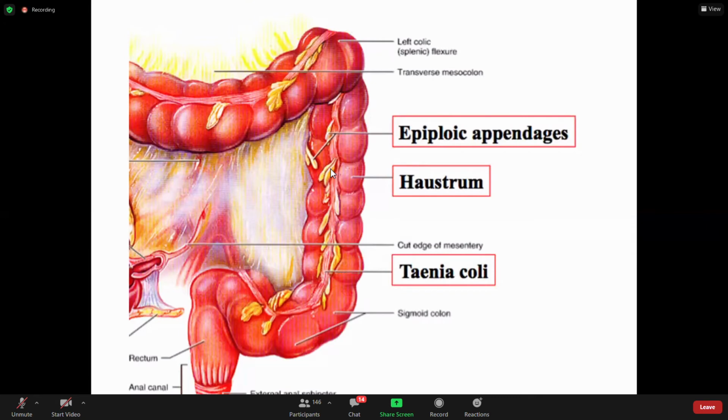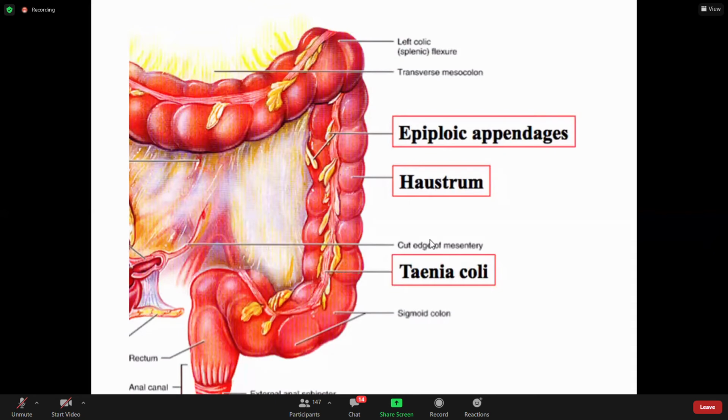Coming from above, as soon as it crosses the small intestine, the appendix comes here, and after this it gradually spreads out and remains only at 3 places. So those longitudinal muscle cords in your large intestine are present like ribbon-like bands of muscle, and these bands converge proximally at the base of the appendix and spread out distally again at the level of your rectum and encircle the complete rectum as a longitudinal muscular cord.